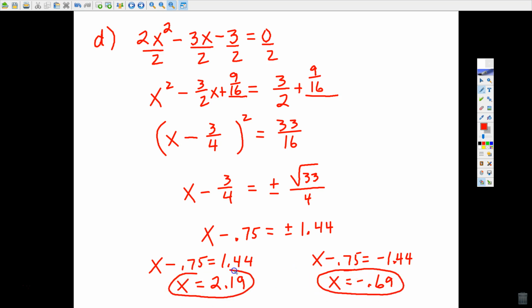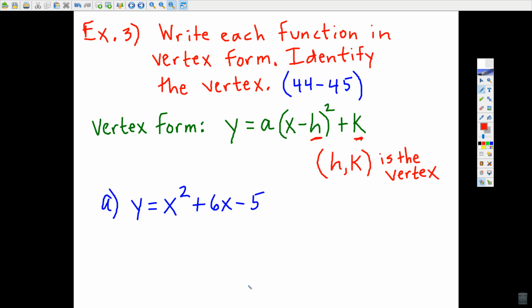And those are your two answers for letter D. Okay, this is our last example. I've got a few examples because this is a pretty important part of what we're doing. I wish the book gave you more practice with this, but basically the idea here on your last two problems